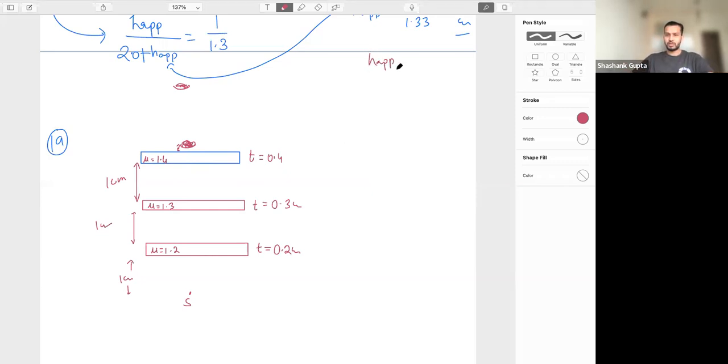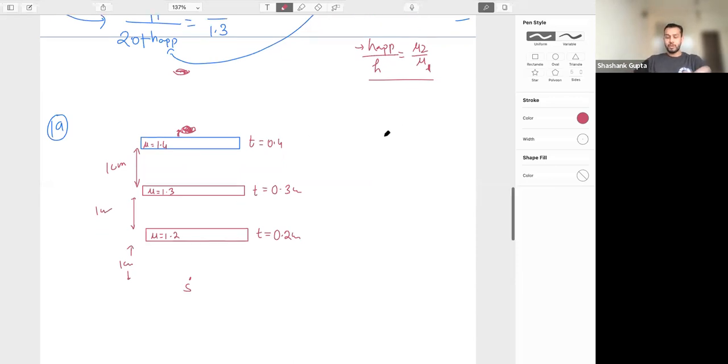Understand one more thing. Sometimes people remember this type of formula and they always apply it. It does not matter from where you are standing. When we talk about this, apparent depth is always from the surface. Suppose I live in a society and there is a swimming pool downstairs. A person seeing the swimming pool's bed from the second floor, or from the 10th floor, will be at a different distance now. So when we calculate this apparent height, it is always from the surface. Then you have to add however high up you are. Similarly, when we talk about the eye, practically we are neglecting this distance. There is one problem someone just asked, which we are going to discuss, the 20th problem. I'll tell you in that.